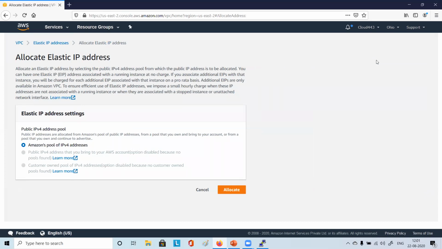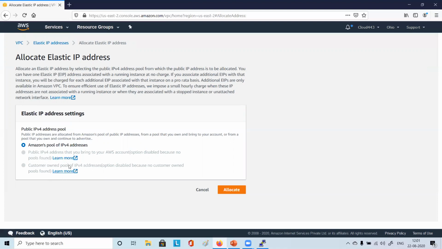So it says Amazon's pool of IPv4 addresses, right? So what does it mean? Are there any other choices also? It's not highlighted because as of now we don't have them. Okay. But there are options. You see the grayed ones. They are grayed out for now.